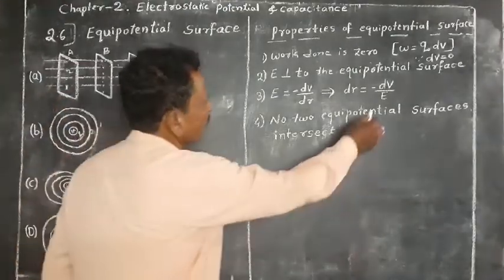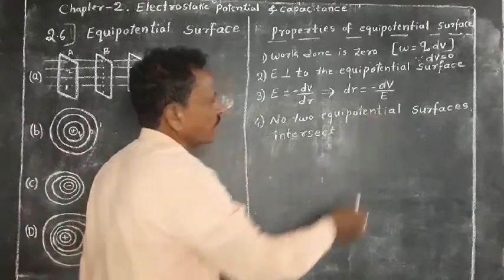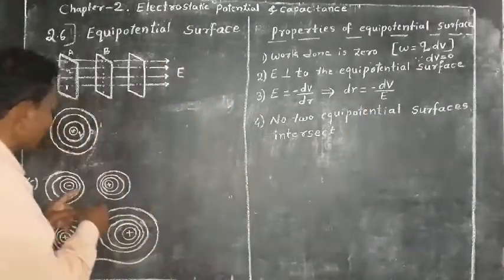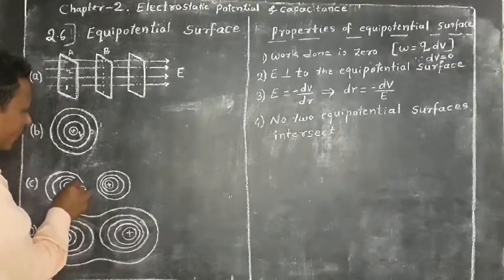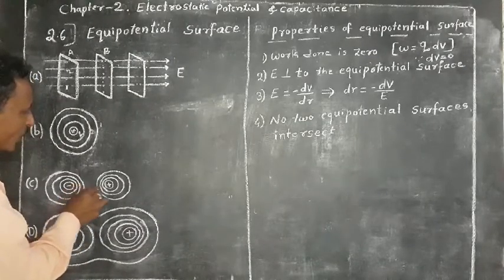As electric field increases, or in the region of strong electric field, the distance or spacing between the equipotential